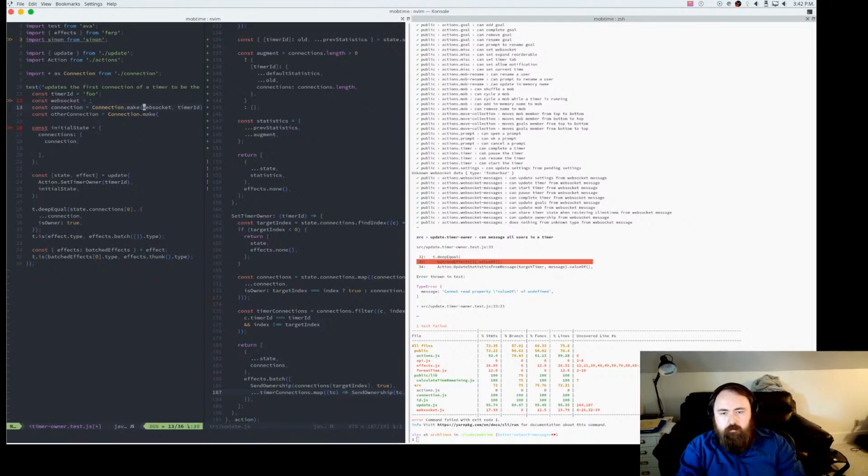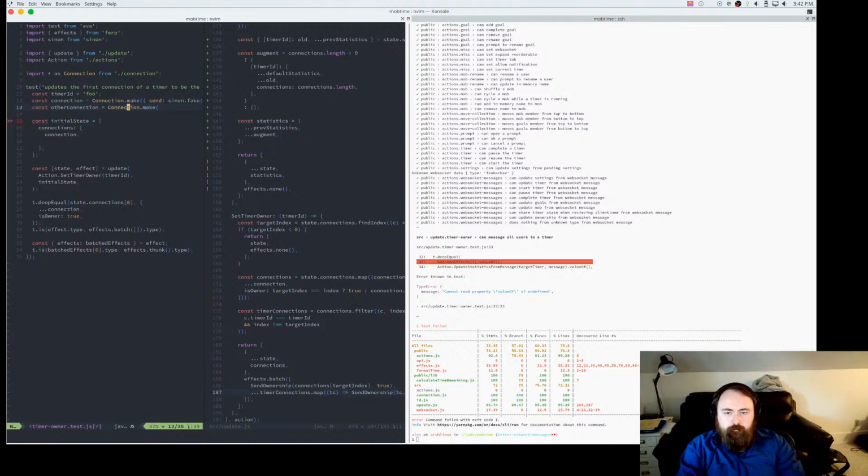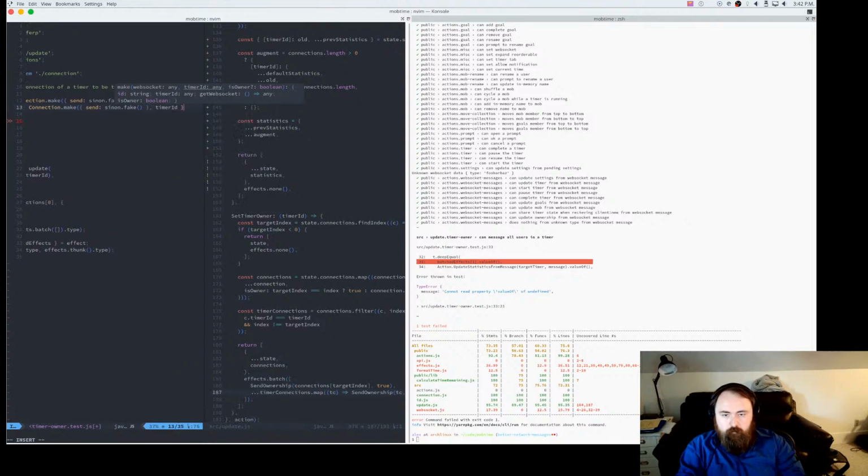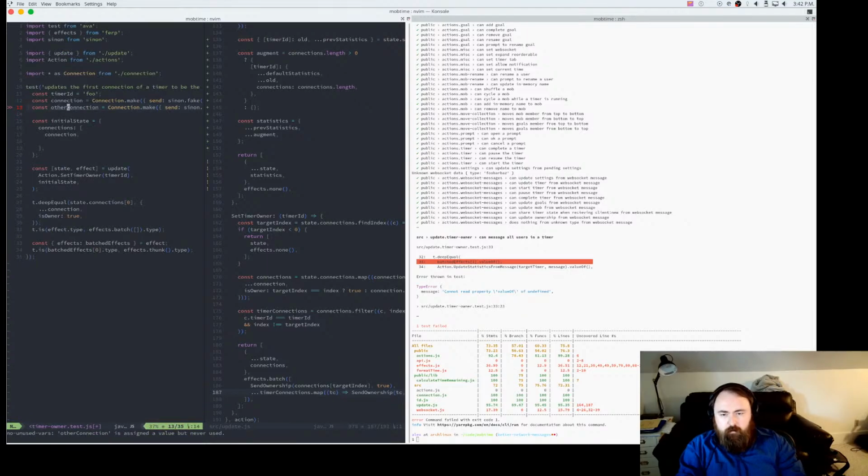Let's just do this. Alright, and this one sets the timer owner, so we know this is going to become the owner, like future owner. So these can be false, and then not owner.